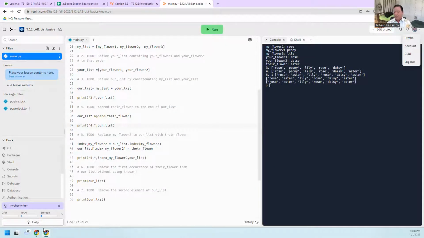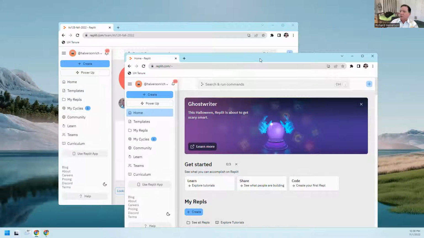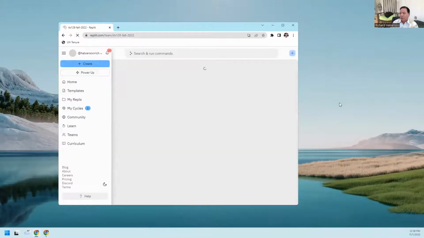Let me put this back over here. Now we just have those two. If I hit refresh now, I should be able to see